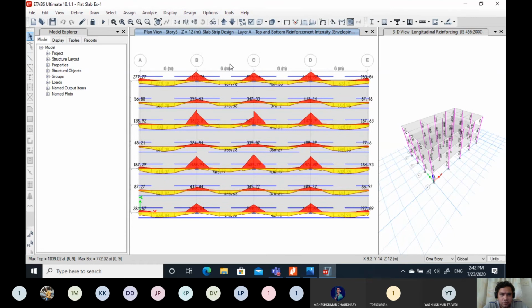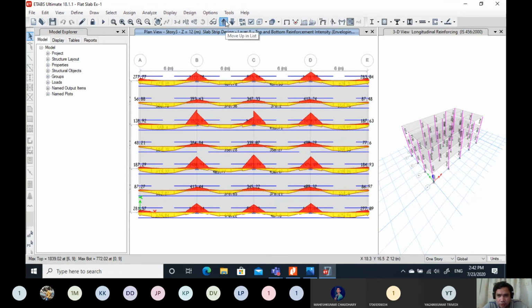So now it is giving the strip A layer, means the horizontal layers we have defined. For those strips it is showing the amount of the reinforcement. Same way you can see which story it is.